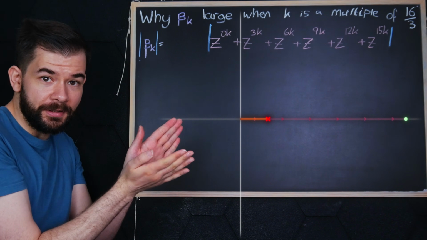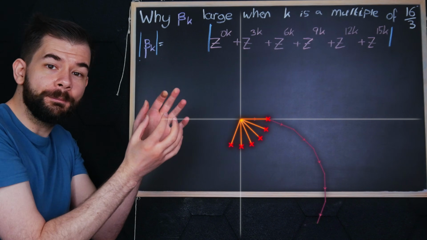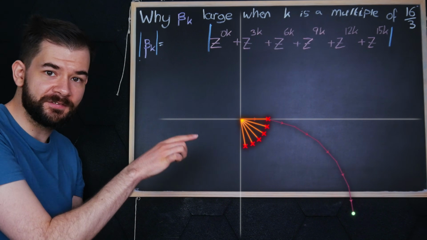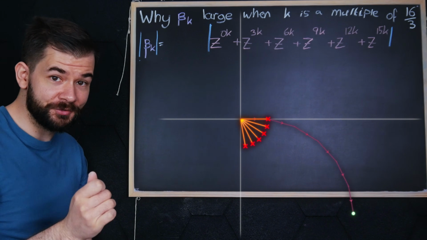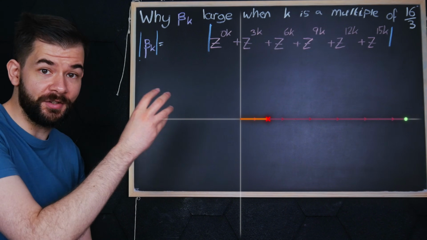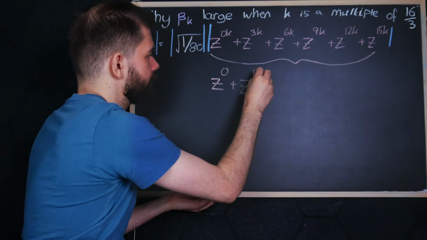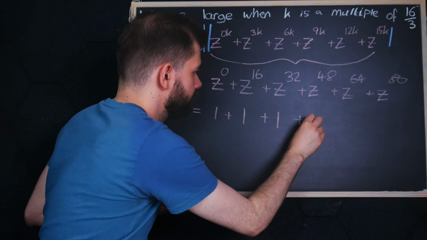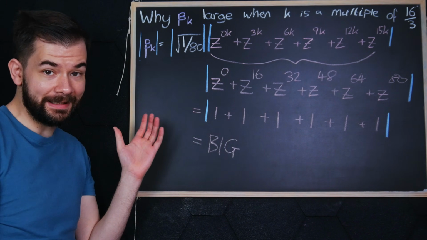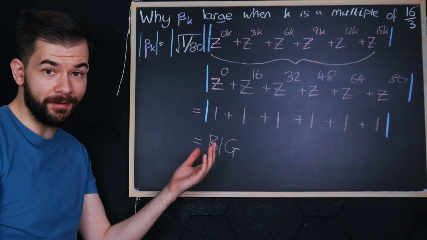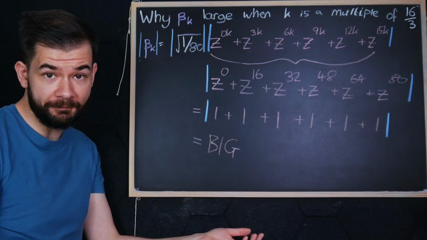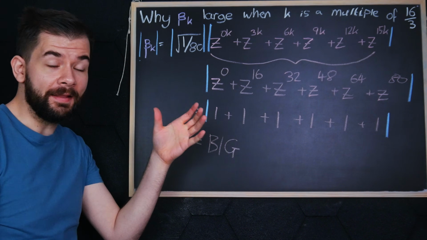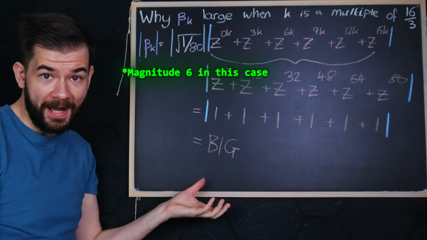Any deviation and their collective sprint will be inefficient, but since the first one is locked in place at 1, the best option is when they are all sitting at 1. And when k is 16 on 3, that inflates the exponent to a multiple of 16. So it's clear now, when k is 16 on 3 or multiples thereof, these are all multiples of 16, therefore they're all 1, and therefore the sum has magnitude 5, as large as